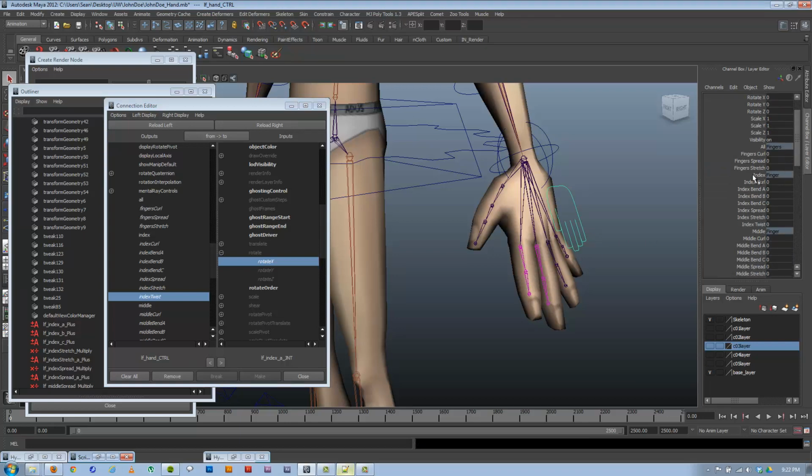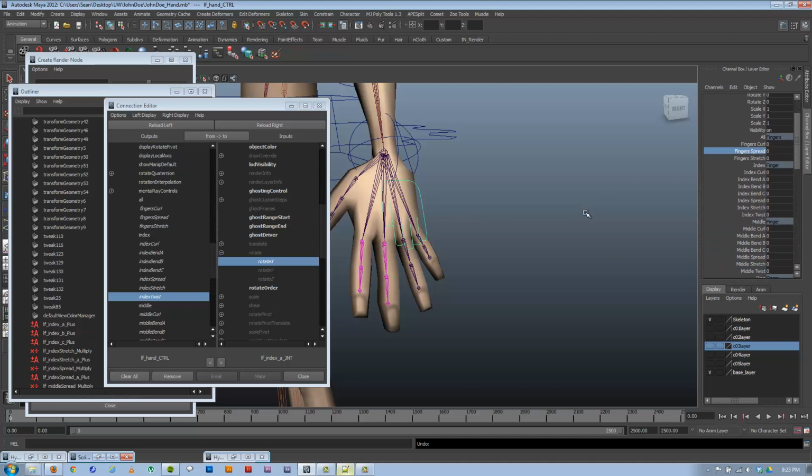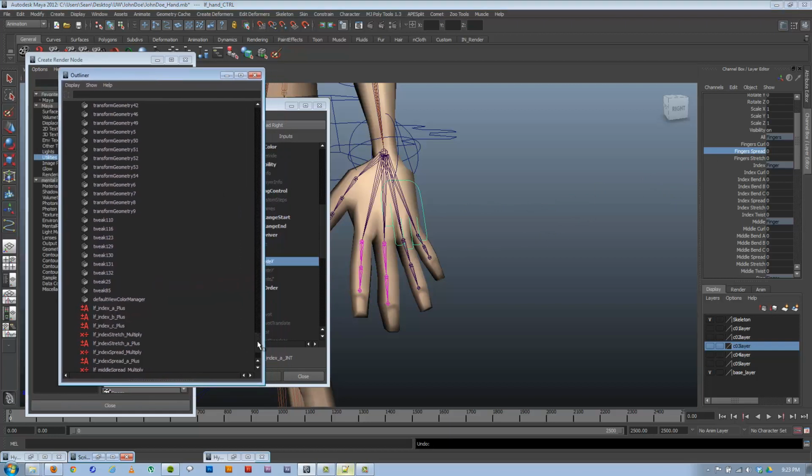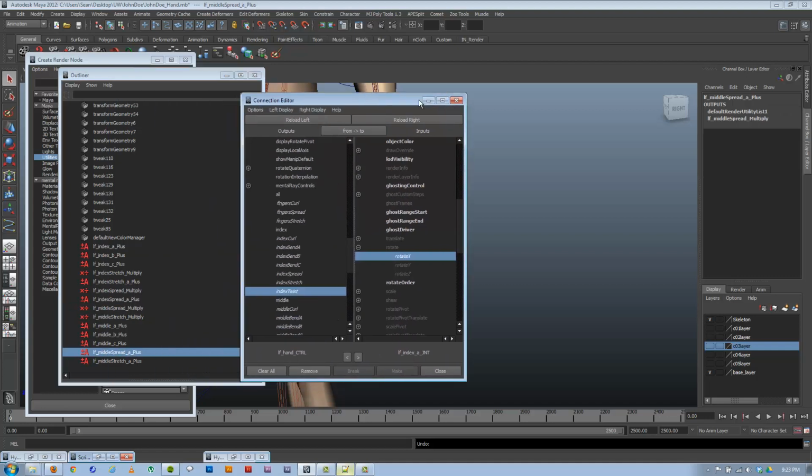Alright, so let's see. We're on the middle, so middle curl. So going the right way? Yep. And actually, the only thing here is for finger spread. I don't really want that, so I'm going to go find the finger spread plus minus node. Middle, left middle spread, multiply. Where's the plus? There we go. Open it up in the connection editor